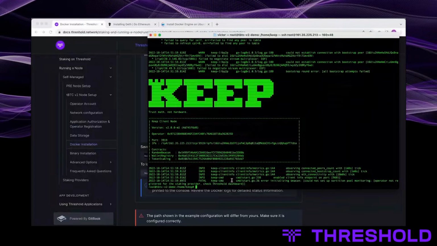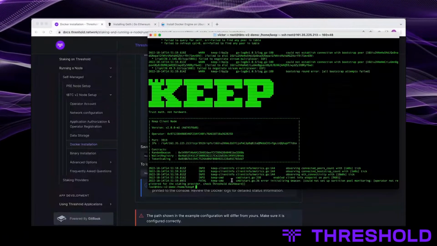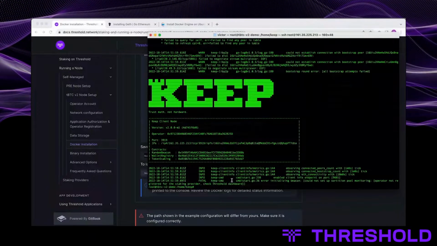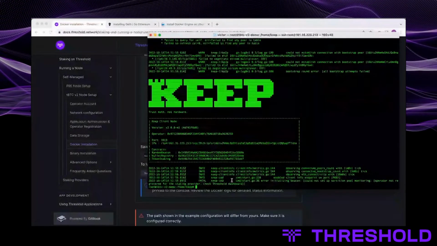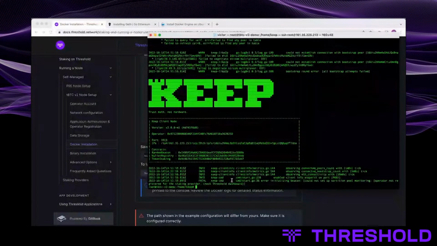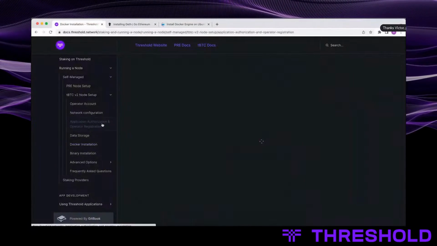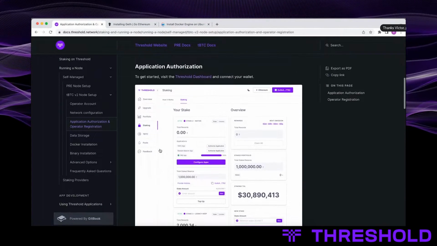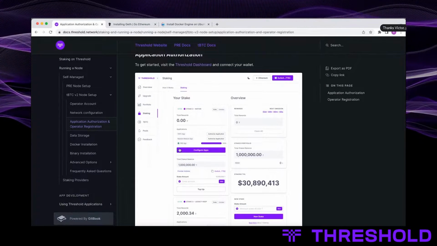Cool. What is that minimum stake that you have to do on the dashboard? The minimum stake is still 40,000 T. The dashboard itself, though, let's move over to that real quick. This is what the dashboard portion looks like.